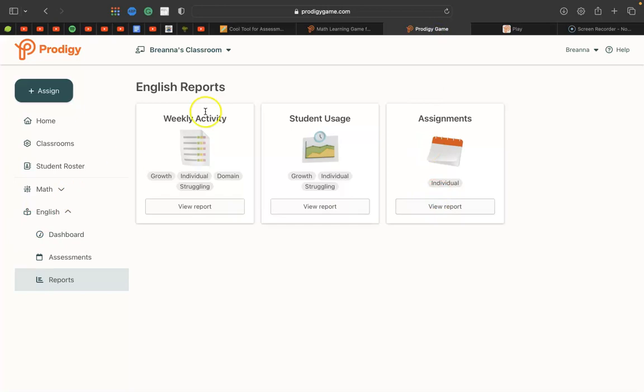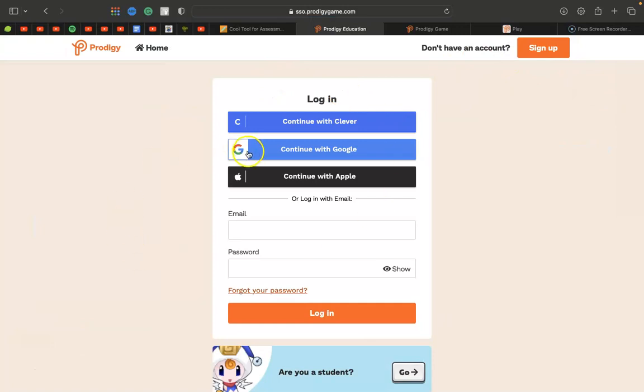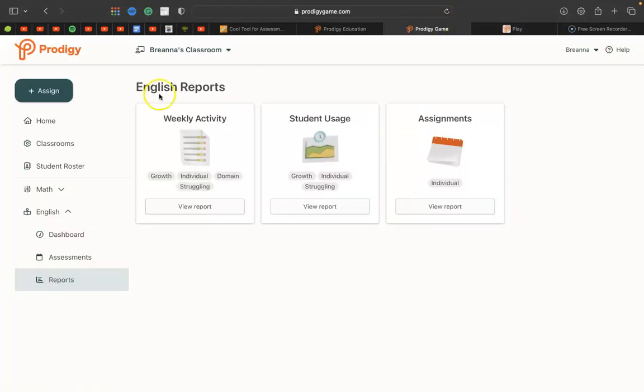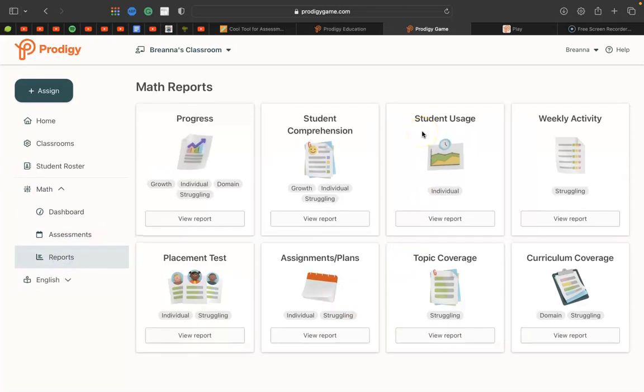To use this tool for assessments, you just log into your account, which if you go over here, just click the login button. I'm already logged in, so I just sign in with Google because I am signing in as a teacher. So there is English and math that can be assigned as assessments. When you go to either, you go to this thing called reports. For English, there's weekly activity reports, student usage, and assignment reports. The English was more recently added to this website. It was mainly a math-based website. For math, there's a lot more assessment tools, like student comprehension, progress, placement tests, assignments and plans, topic coverage, and